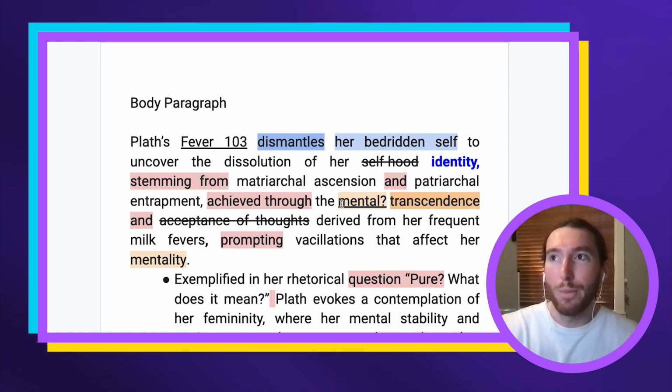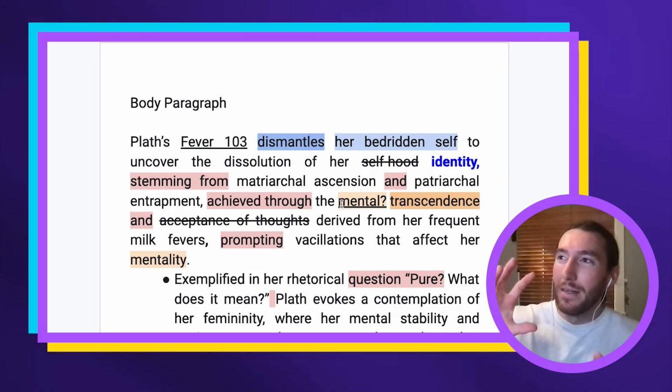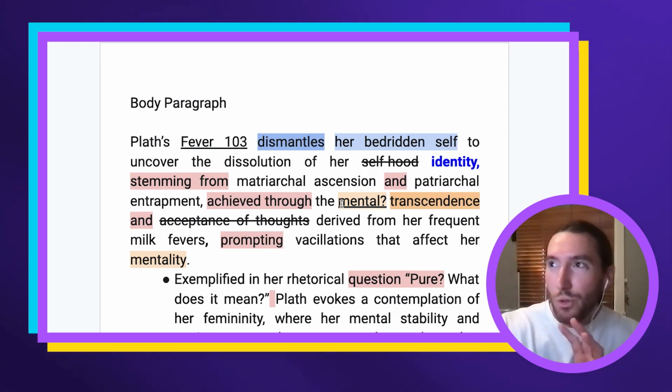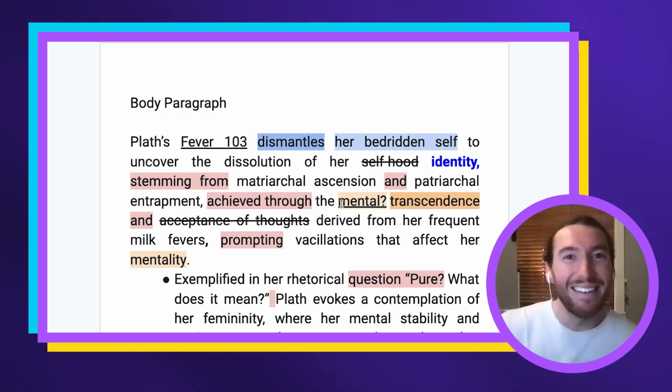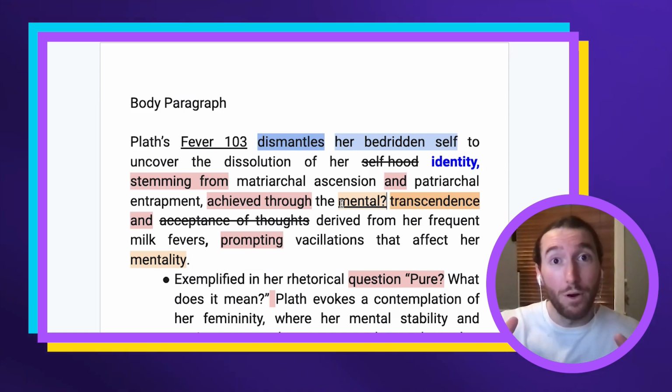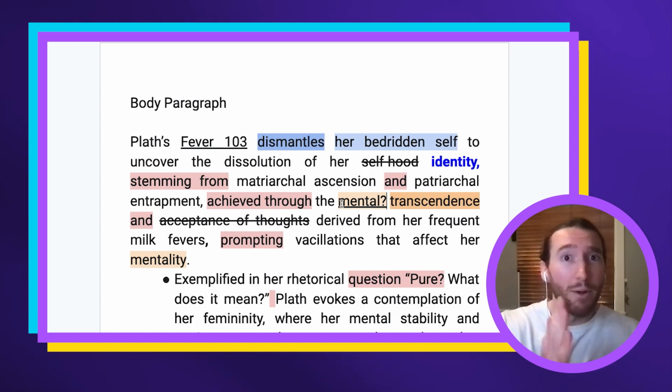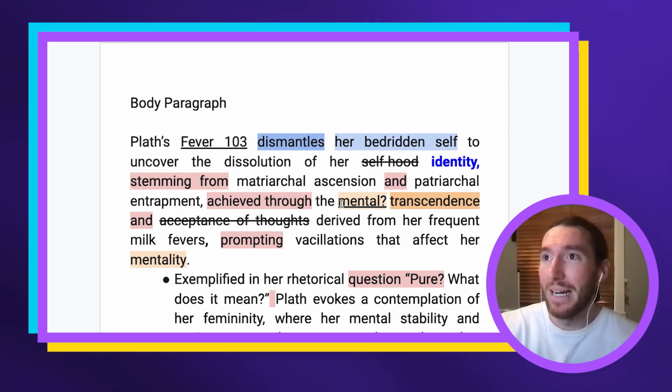We need to be very clear about how we're going to treat literary transcendence. For me, as I said, that is about a text being able to go beyond its immediate context and for its meaning to change over time. But now we're kind of misappropriating it. We're using it in a way that it wasn't intended in the question. And there is some scope for interpretation. So it's not like there's only one way to interpret literary transcendence, but in this particular instance, it's like we're taking that word transcendence and misapplying it.